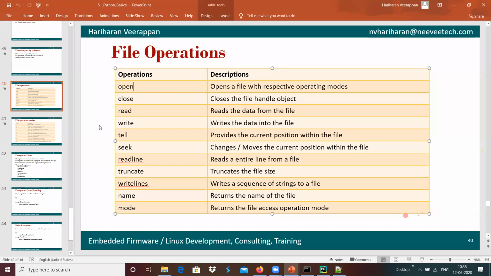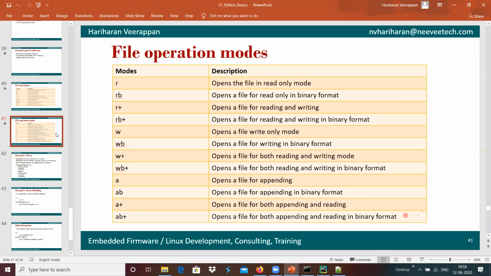In file operations we have different modes of operation. R means open the file in read-only mode, and RB means open the file in read-only mode in binary format.